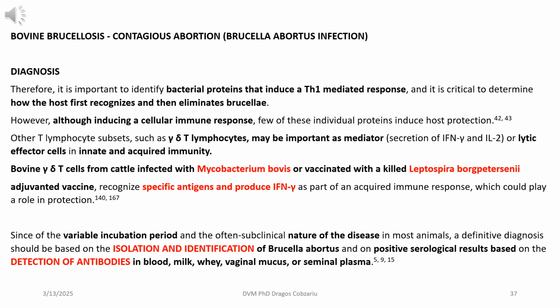Bovine gamma delta T cells from cattle infected with Mycobacterium bovis or vaccinated with a killed Leptospira petersonii adjuvanted vaccine recognize specific antigens and produce IFN gamma as part of an acquired immune response, which could play a role in protection. Since of the variable incubation period and the often subclinical nature of the disease in most animals,